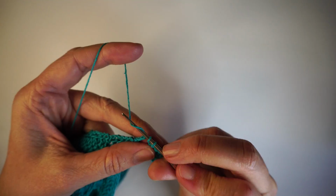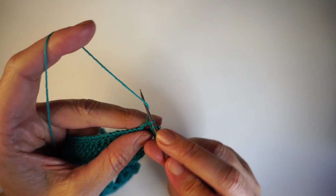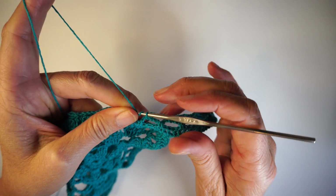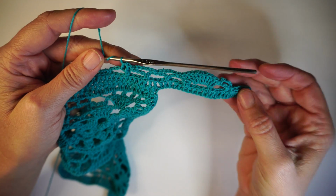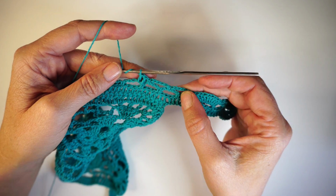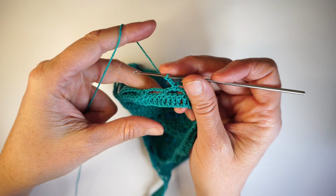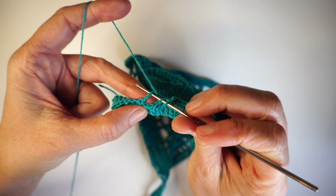and a single crochet in this next arch, then 5 chains, 1 single crochet, 5 chains, and another single crochet here, and then 9 more double crochets. So repeat that all the way to the end, and then we're going to make the next row. So 9 double crochets in one arch, 2 times these 5 chains with a single crochet here, and repeat this the whole row. Here in this last stitch I'm going to make 3 chains and a double crochet right in the middle here in this 3rd chain,